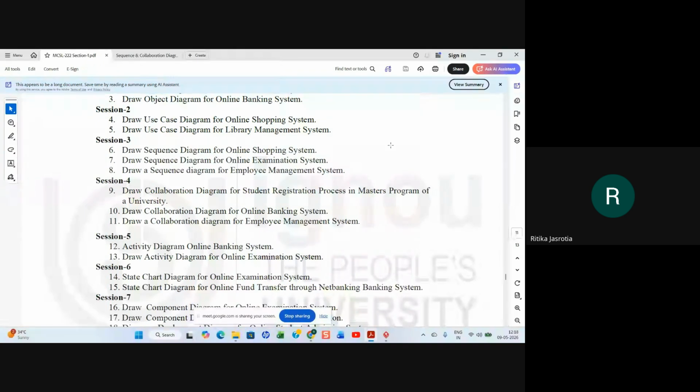You can do the salary of an employee. Any one process you can explain. You can explain the login process where he logs into the system, or you can explain the salary calculation of the employee. You can do the attendance maintenance of an employee. Any one process you have to explain. You can take any one.